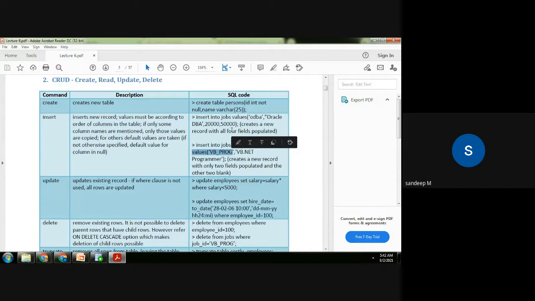Okay, so there's a slight difference between this and this. Here we are giving the values for all the available columns, so you need not mention the names of the columns. But here you are inserting values for only a few columns. That's why you have to tell the names of the columns, so that Oracle will know where each value goes. This goes into job ID and this goes into job title.